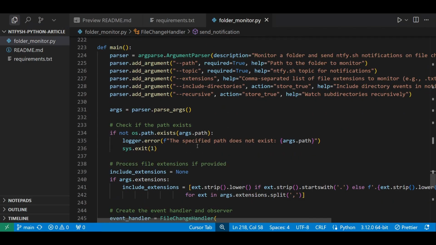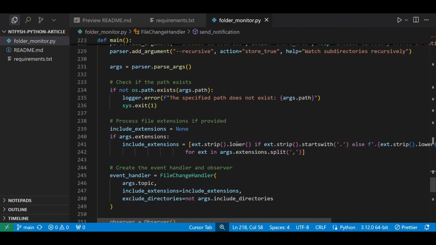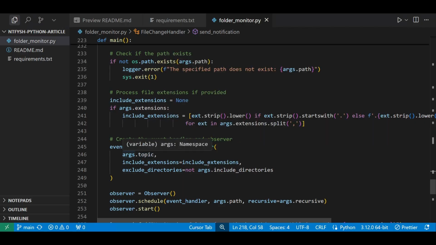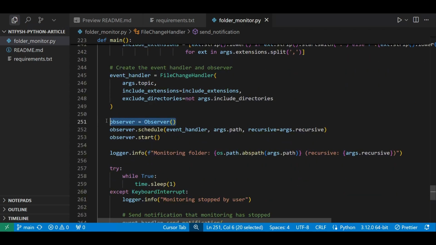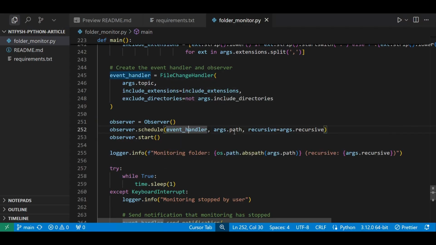We check if the path exists. We process the file extensions if they are included, and we create the file change handler instance of the class, and we pass the topic. We pass the extensions and the directories. Then we initialize our watchdog. We create an instance of the observer. We schedule with the event handler, that is the class that we saw before. We pass the path, and if it's recursive or not,